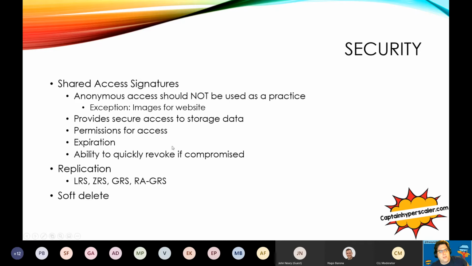Shared access signatures are used when you're not doing anonymous files, when you set things to be private and you need to share information. So when you create a OneDrive sharing key and you put an expiration on that and you give somebody a link to that OneDrive file, you're essentially creating a shared access signature. You are giving permission to that person for access. It could be just read access, it could be write access, it could be delete access. You set